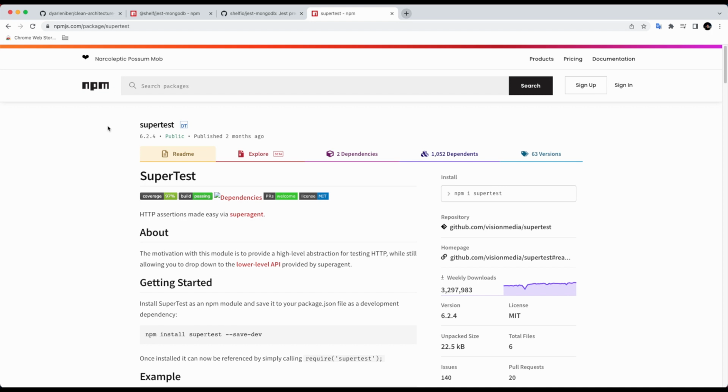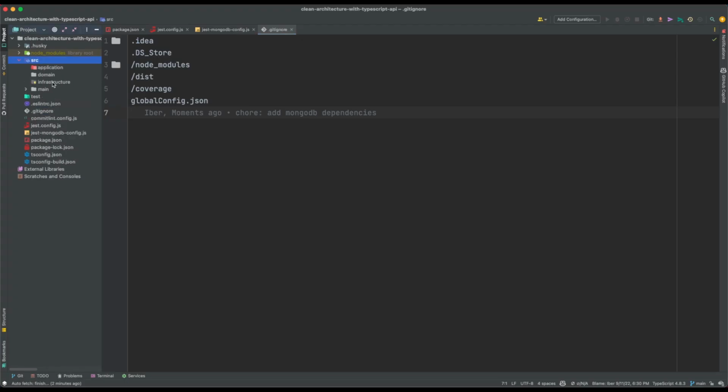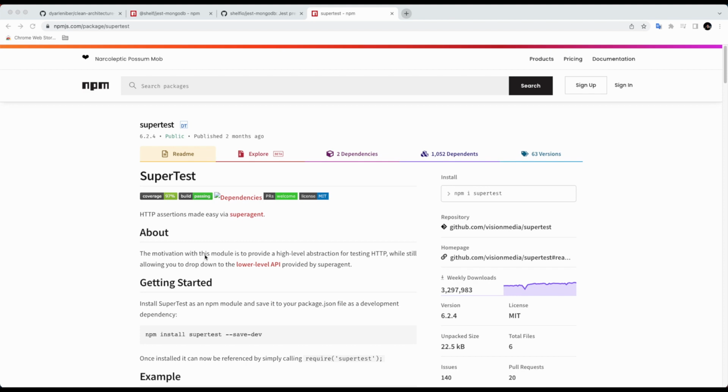And in order to test the main layer that I mentioned, where we're gonna compose the use cases and the middlewares, inject the dependencies, and also use Express inside this layer, we're gonna use Supertest to test the Express routes. Okay, and basically